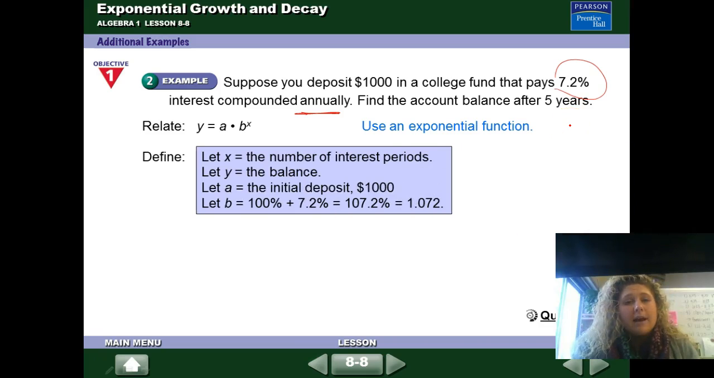So pull out our exponential function. What do we know? X is going to be the interest period. Y is going to be my balance. A is going to be your initial, which is $1,000. Now this B part here